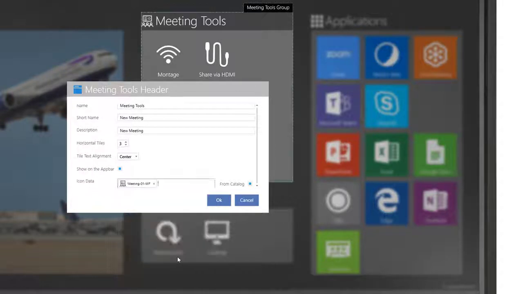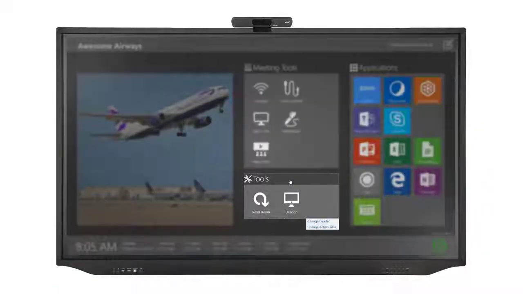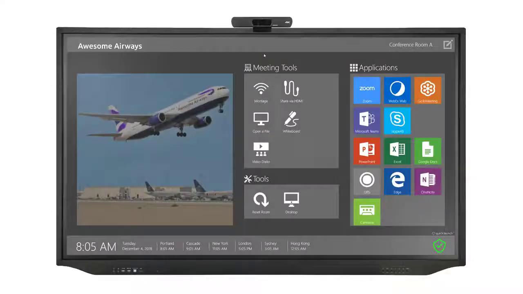So I like this one right here. I'm just going to say OK. And now you can see I've changed the icon and the label for that box. Pretty simple stuff. So now that we've gone to such great effort and gotten our Mondopad to look exactly how we want it to look,